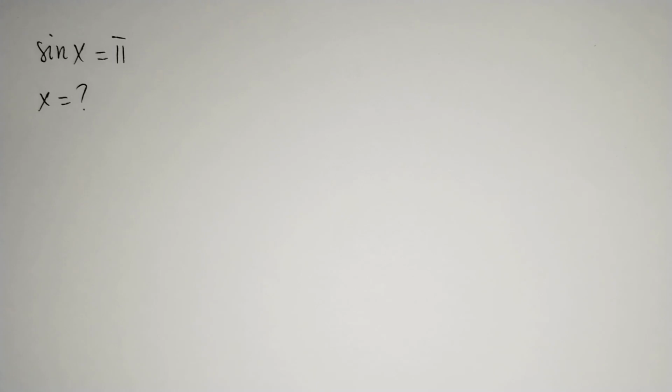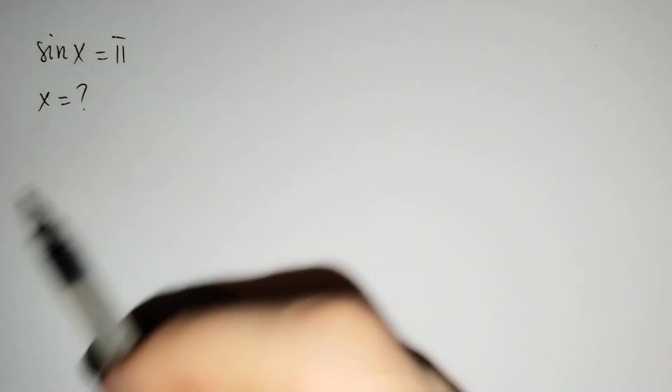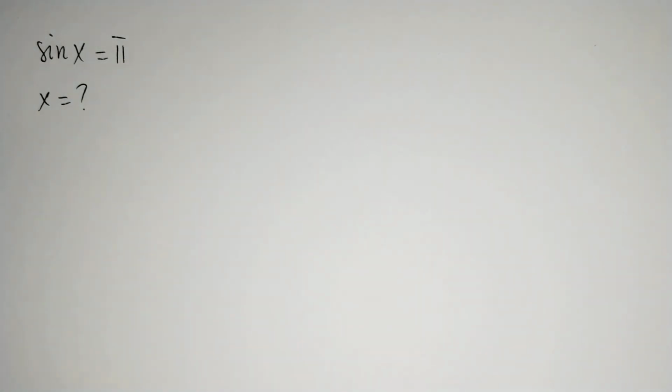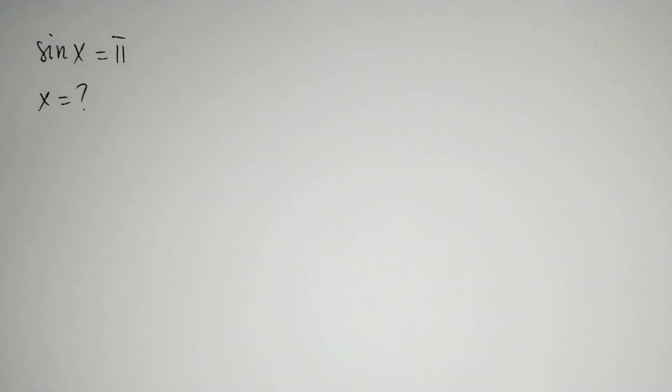Hi everyone, in this video we will try to solve this problem. sin x equals pi and we should find x. We know that this problem has no solution in the set of real numbers, but in the complex numbers we can find x. Firstly, I want to say that we know from complex numbers that e power ix equals